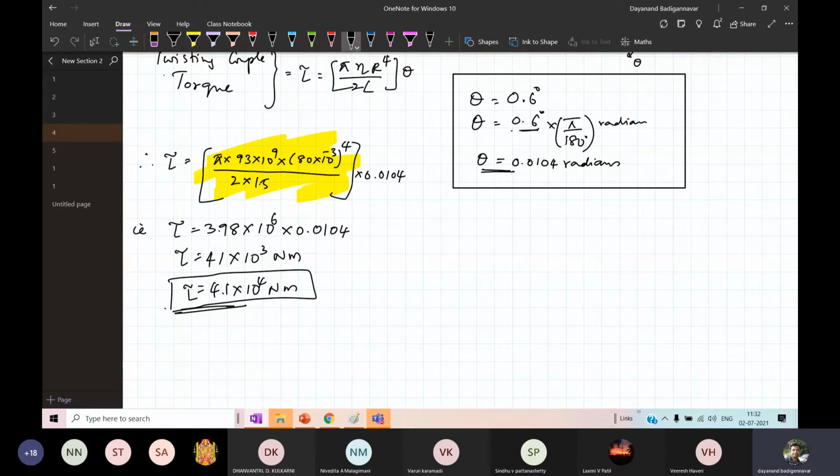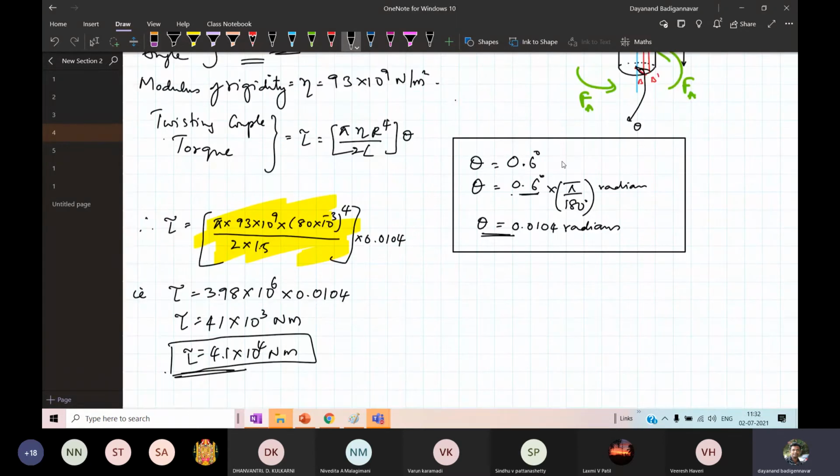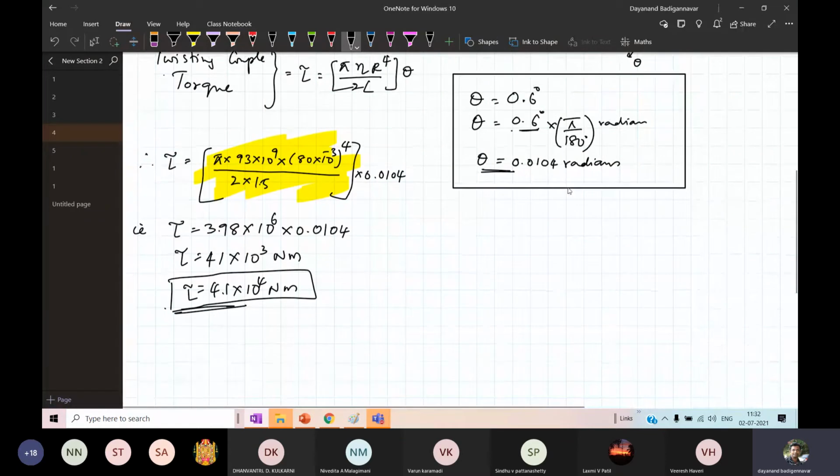I think actually it is not comfortable. I'm not feeling that it is the right problem, because the radius is more here. So it is 80 mm. Okay, let it be. But I'm not sure that this is the right answer. I think data is missing. Here the twisting angle is very, very small, 0.6. Okay, fine, no issues. Go for the next one.